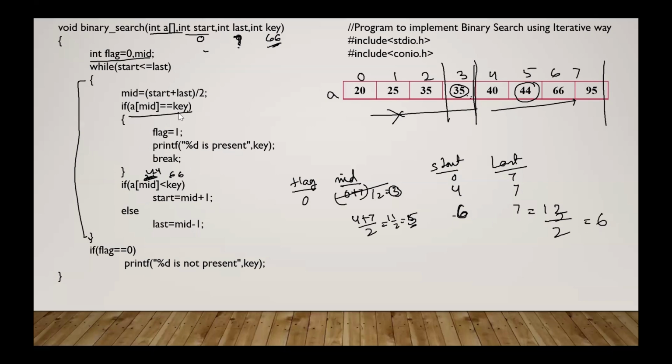So now we compare with index 6. A[6] is equal to key? What is A[6]? A[6] is 66. So 66 equals 66? Yes, we got the value. So now we make the flag equal to 1, print that 66 is present, and we have to break. We don't have to go on. So this is the way the function is executed. Hope